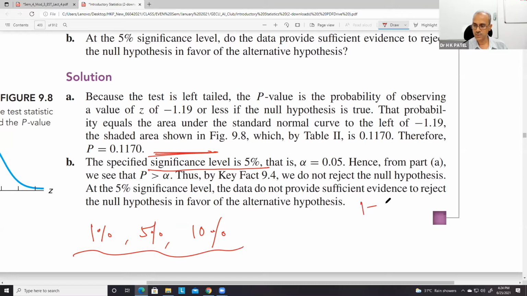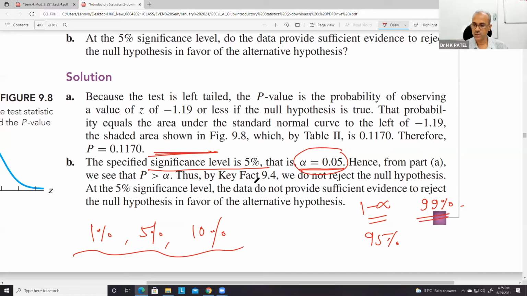Okay, that confidence level is 1 minus alpha, and so there in percentage it is actually 99%. So we can say 99% confidence interval, but it is 1% significance level. Okay, this is a 95% confidence interval, 5% significance level, like this. So in case of 5%, the value of alpha is the same for both. You can see that alpha is 0.05, and here in case of 95% confidence interval, again the value is the same, alpha 0.05.